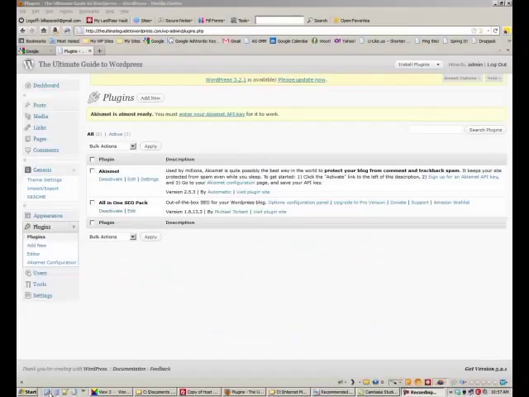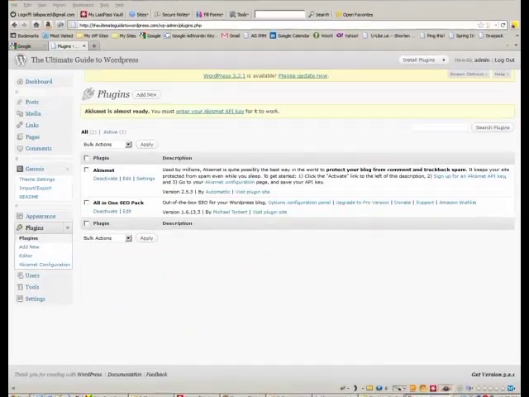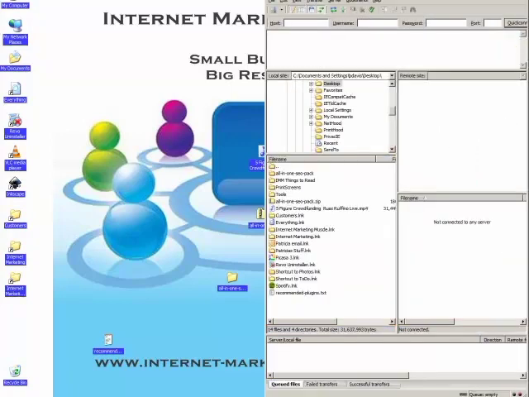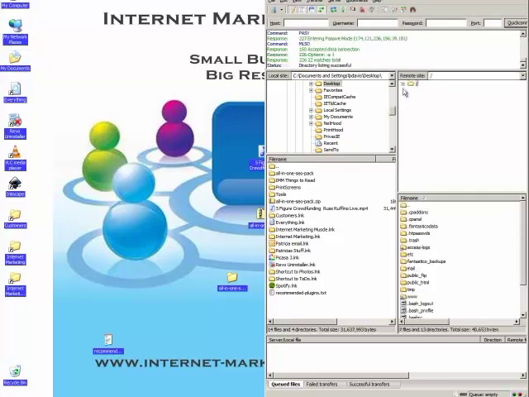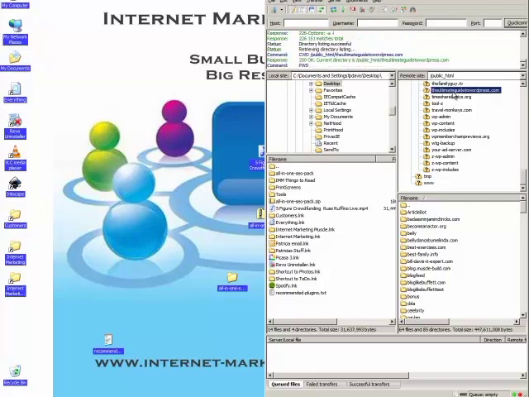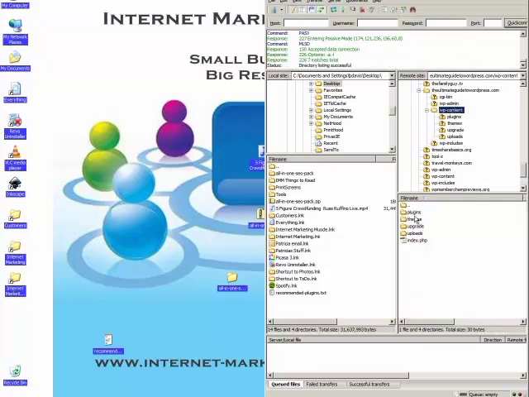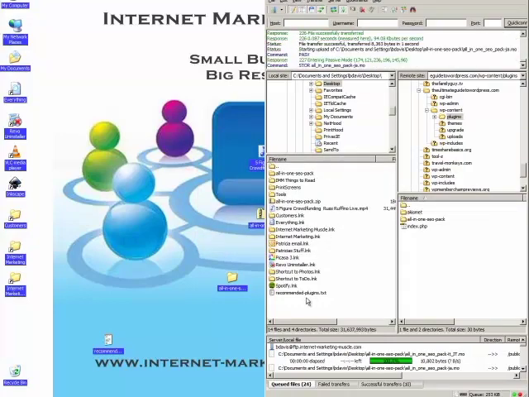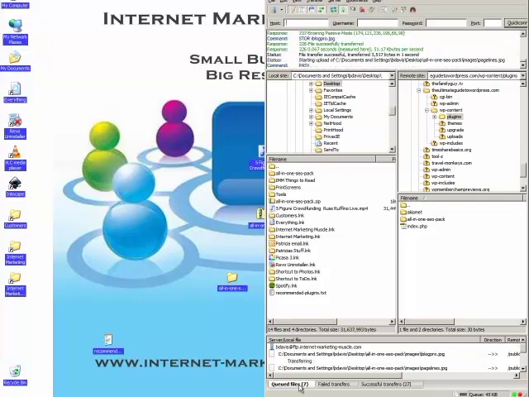So the third way to install a plugin, just like installing a theme, is to go to your FTP client, log in, navigate to your plugin folder for your domain, which is always in WP content. There's plugins, and then just navigate to the folder, drag the folder over. Overwrite, because I've already got the plugin installed, but if that plugin weren't installed, this window would not have popped up. You see that there's about 20 files left. Once that's done,